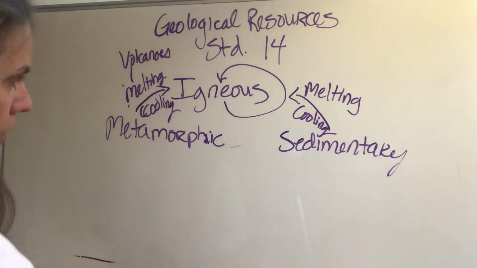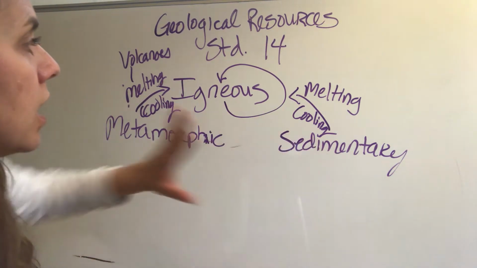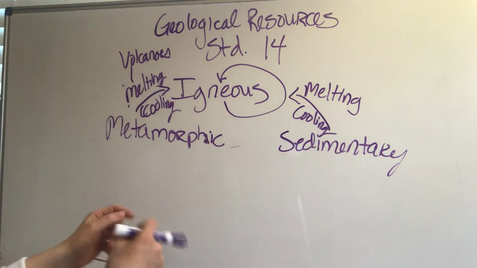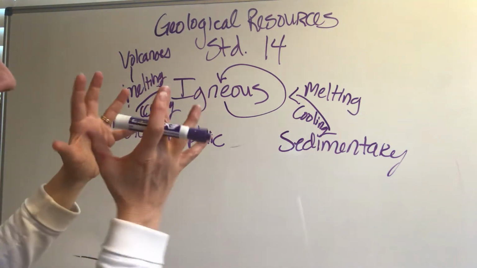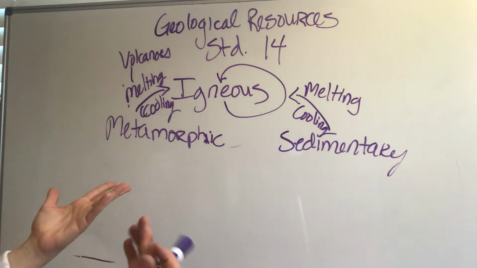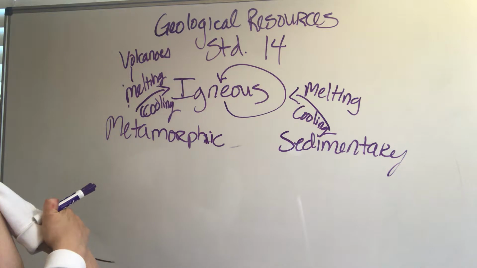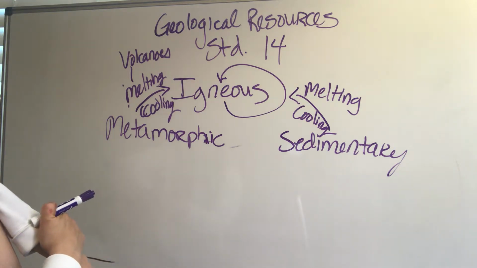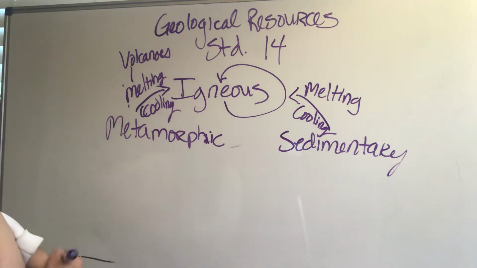When it goes through a volcano, the rock, whether it was metamorphic or sedimentary, is melted down and out spews igneous rock. Now, igneous rock can stay inside the volcano, and they call that intrusive igneous rock, or it can be spewed outside of the volcano, and that's extrusive igneous rock. When it's inside of the volcano, it's called magma, and outside of the volcano, it's called lava. So that's that process.